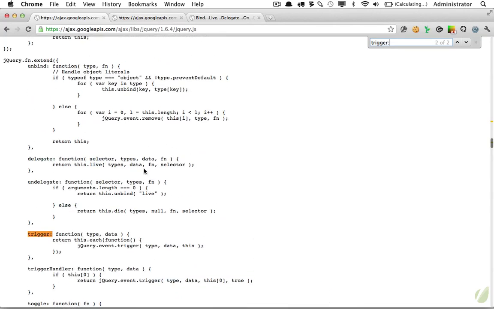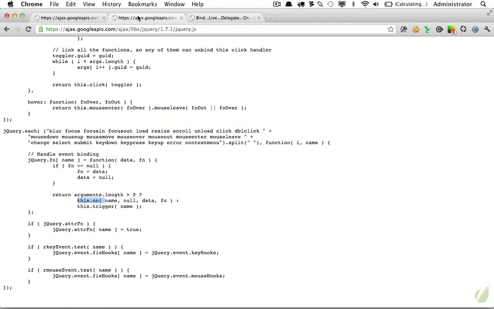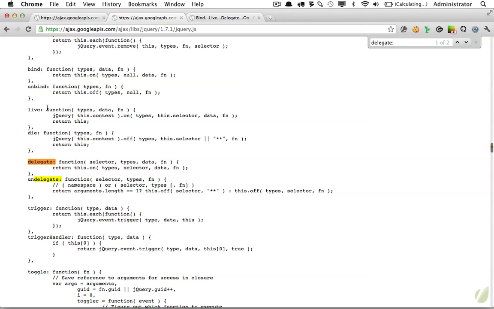Now, I want you to take a look at the way delegate works. When the user calls delegate, behind the scenes, it was simply pointing to the live method. However, once 1.7 came out, the on method was introduced and everything was streamlined. I'm going to switch over to jQuery 1.7.1 and I'm going to search for delegate. And now you can see they're all pointing to the on method. .bind, when you call it, you still can, but it's simply a shortcut for using the on method, which will mold itself to fit the way the old